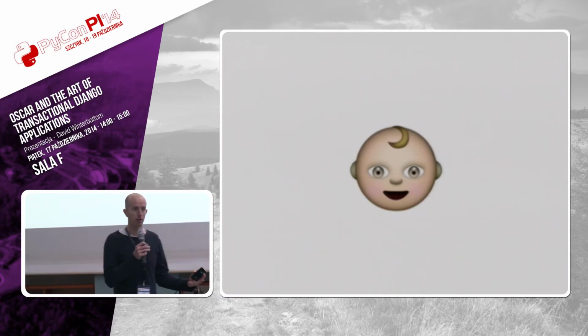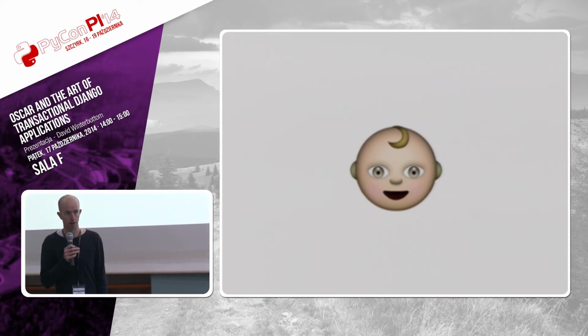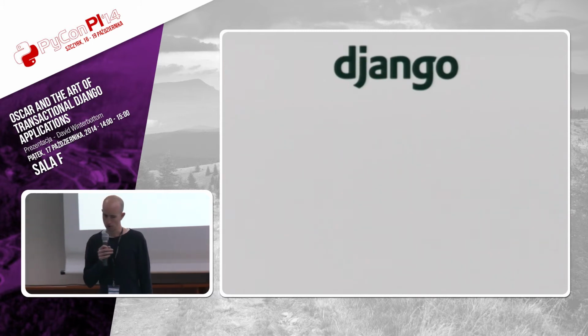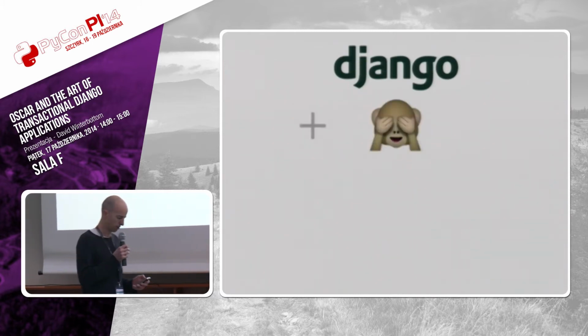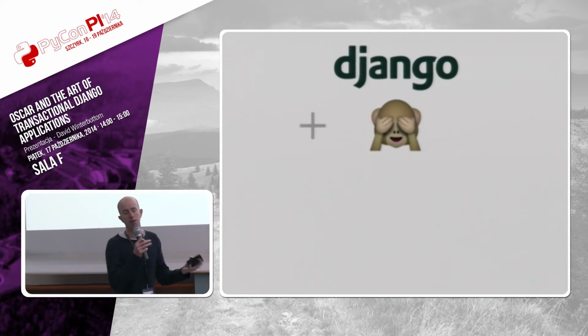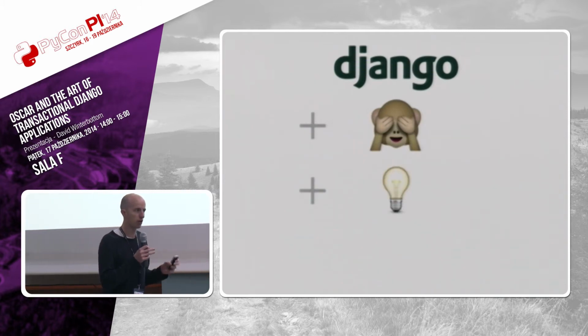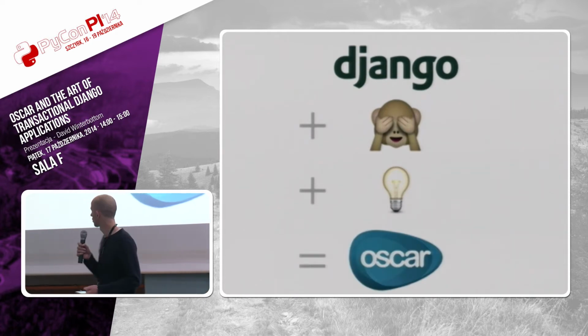Anyway, after several months of this, of me in the 1 hour I got when my son was asleep, I would hack a bit on Oscar. Eventually, I managed to persuade Tangent to let me work on it a bit in my day job, and after probably 9 or 10 months, we'd built on top of Django, and I managed to bake in a lot of lessons, so as not to repeat the same mistakes we made previously with our other software. And then we had a few good ideas along the way, which I'll talk about in a second. And so we ended up with this thing called Oscar.